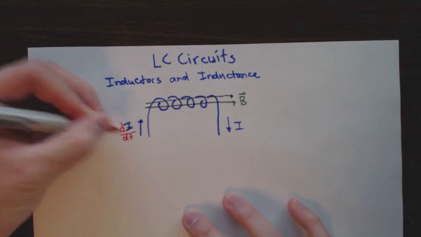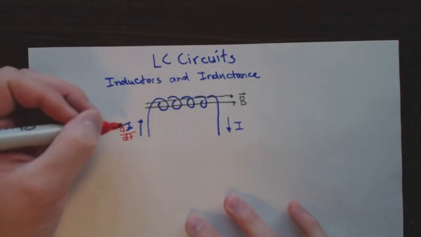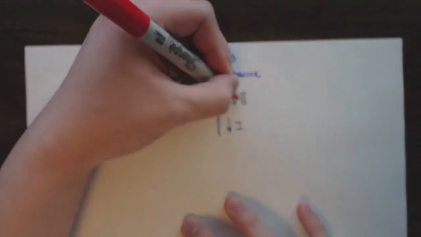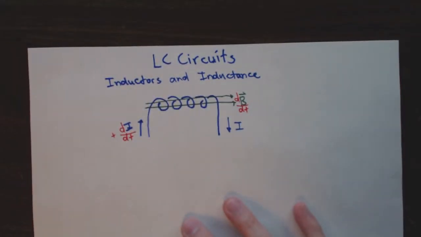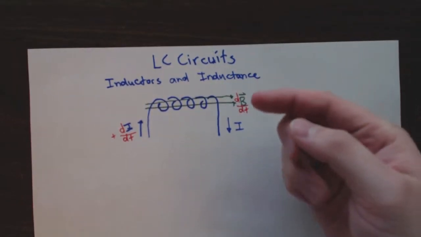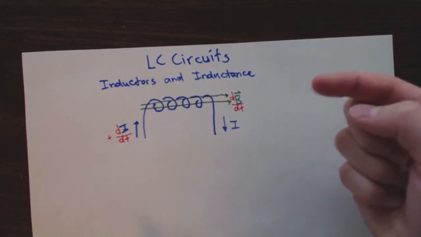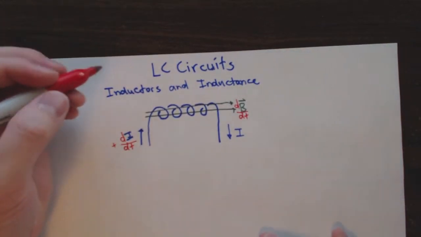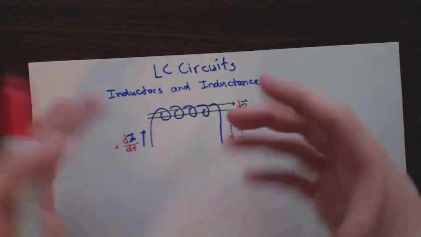Inductors start to really do their thing when you have changes in current. As your current changes, let's say, for example, a positive change in current, so you're increasing the current, that results in a change in magnetic field. So as the magnetic field increases, you have an increasing flux to the right. So then it will try and create a current or an EMF that opposes that change in magnetic flux,